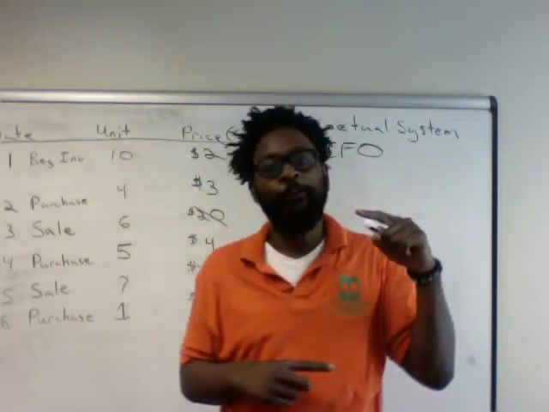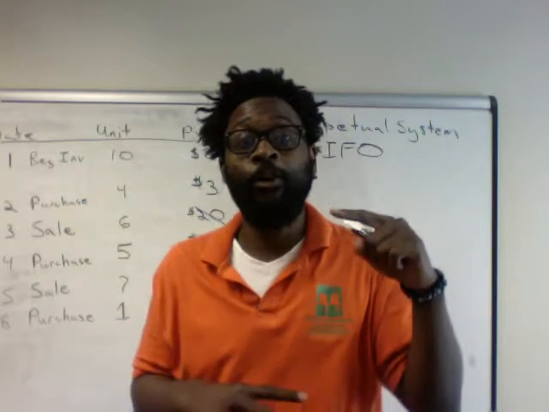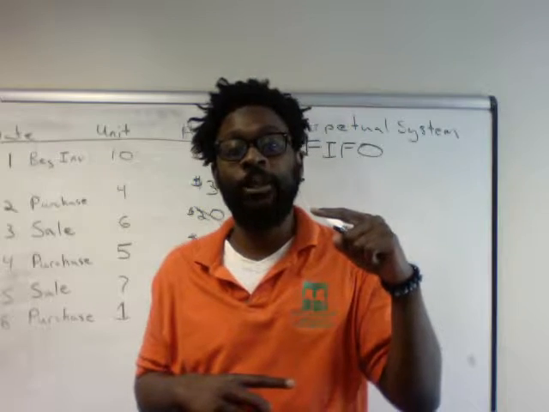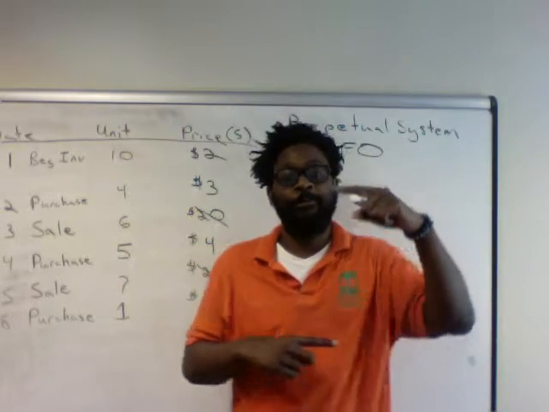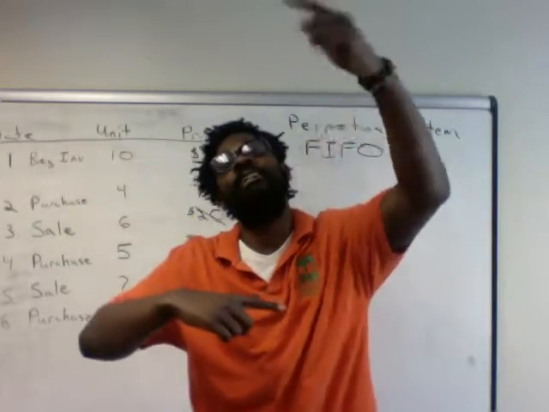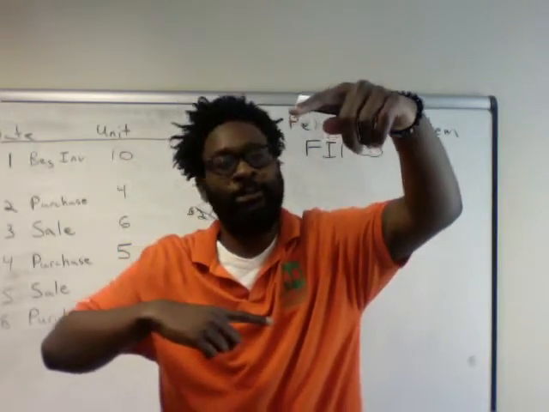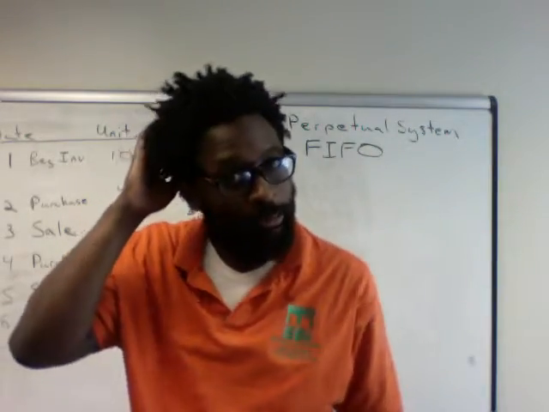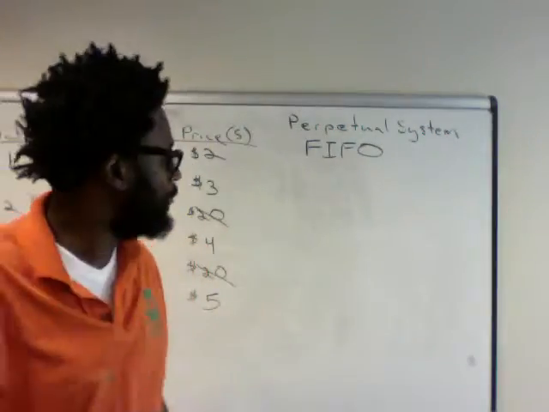However, when we're focusing on what's left, what's in ending inventory, where do we start from? Under FIFO, the bottom. Why? Because everything we're selling is going out from the top, so what's left is what? At the bottom. So that's the train of thought with FIFO. Okay? So,